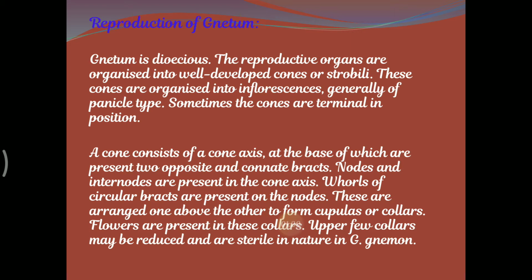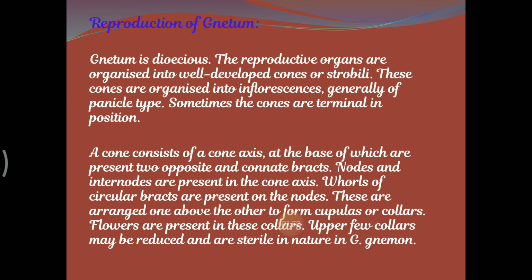Gnetum is heterosporous and has two kinds of spores: one is a microspore and another is a megaspore. It produces microspores inside the male flowers and megaspores inside the female flowers. The microspore gives rise to a pollen tube containing male nuclei. This tubular structure is the male gametophyte. The megaspore produces an embryo sac inside the ovule. It represents the female gametophyte.